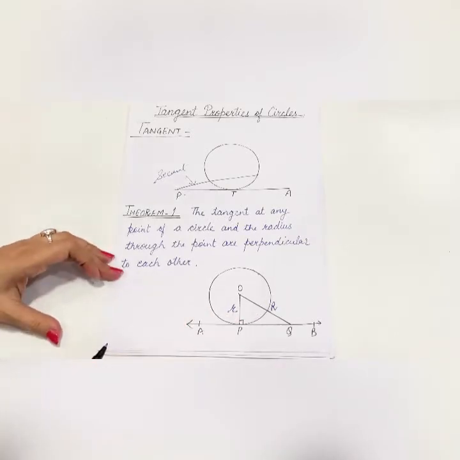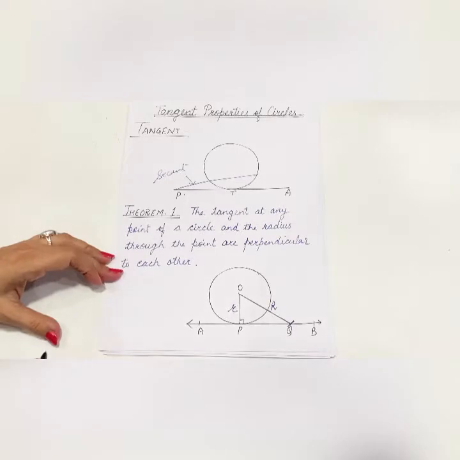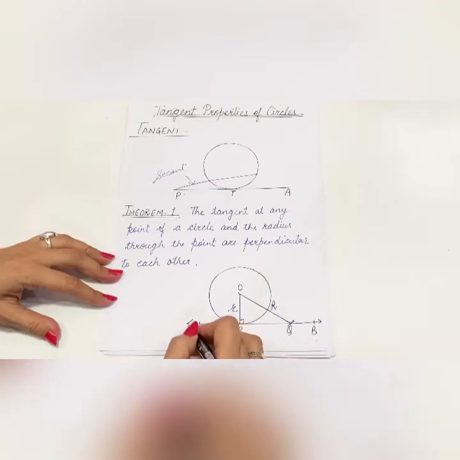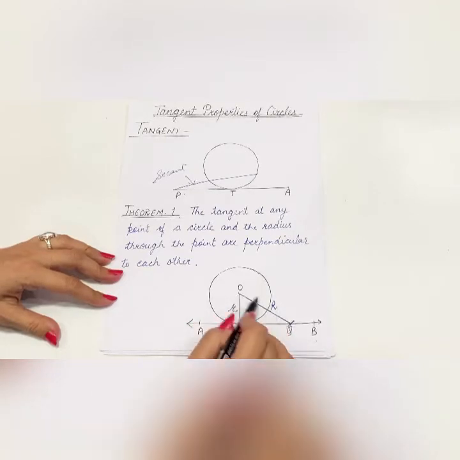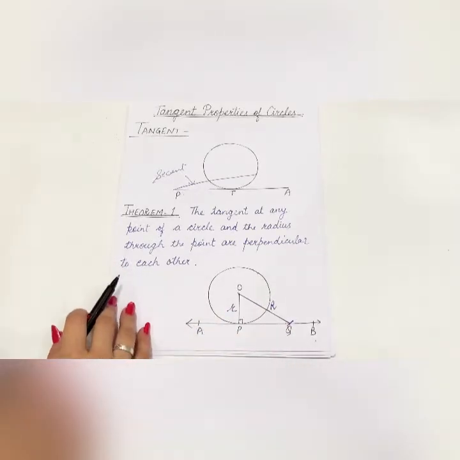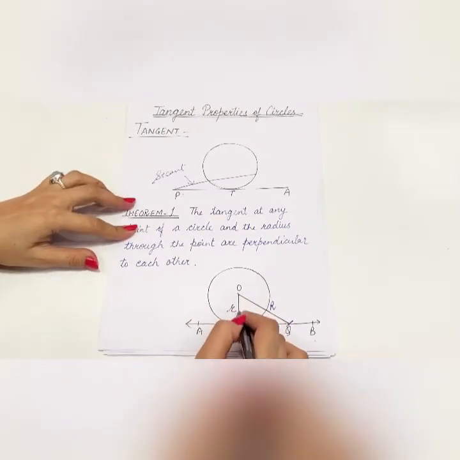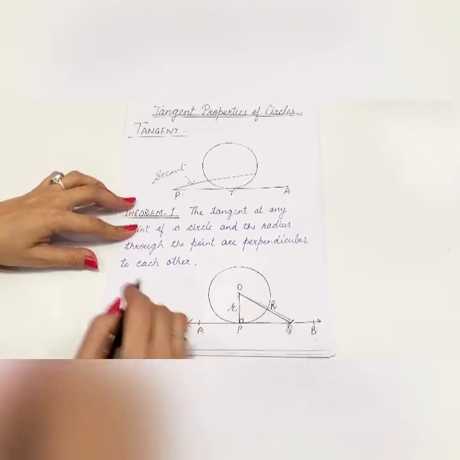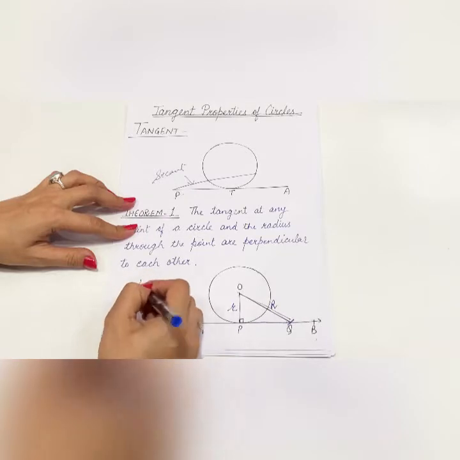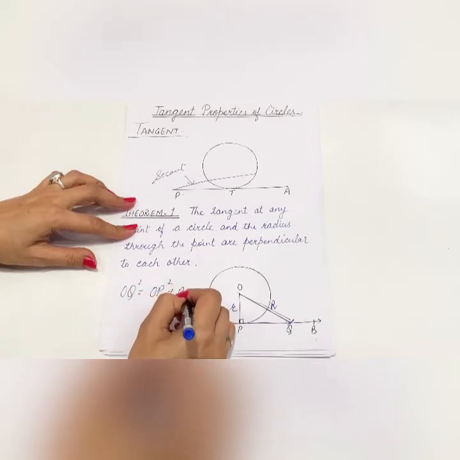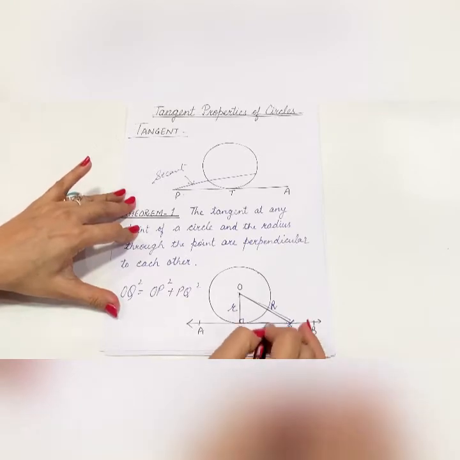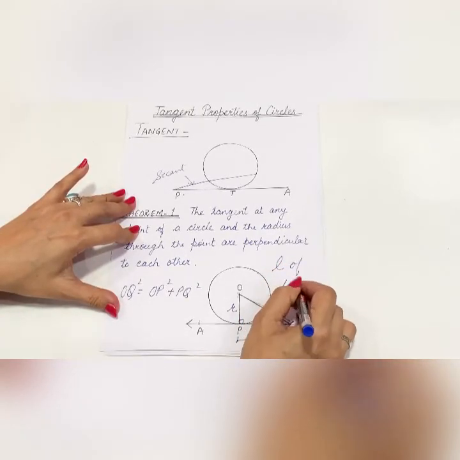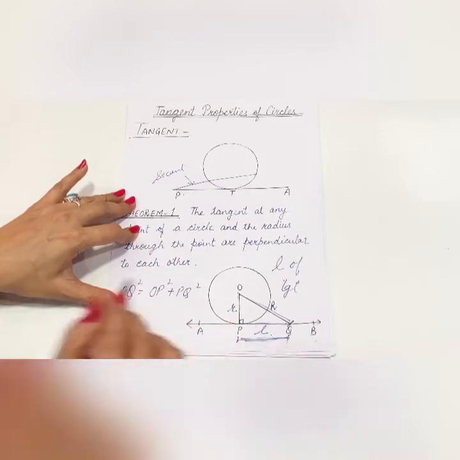Children, this theorem is used in many questions. In this case, Q is the point from which the tangent is drawn. From Q, tangent is drawn to the circle. OQ is giving you the distance of the point Q from the center of the circle. Basically, in these type of questions, we will be using the Pythagoras theorem. You can see here we are getting this right angle triangle. OPQ is a right angle triangle, and we will be using OQ square is equal to OP square plus PQ square, where this PQ will be known as the length of the tangent. This PQ is known as the length of the tangent.